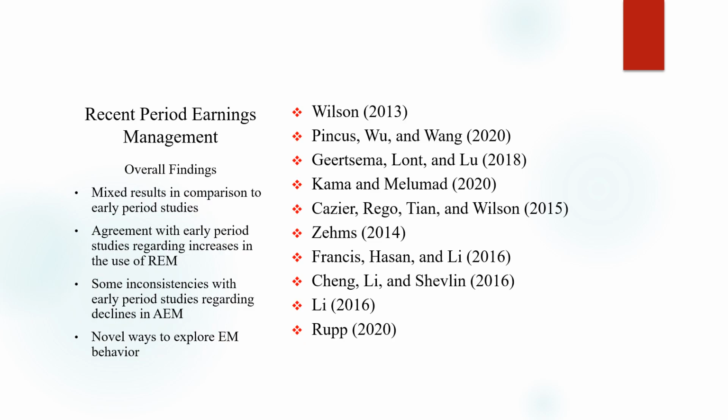Now, I divided this into two time periods, and the reason I did that, as I said, was to see whether these effects of Sarbanes-Oxley would be static across time or whether we're going to see changes across time. And there's some reason to believe that we might see changes across time. In the Wilson 2013 paper, which I wrote,